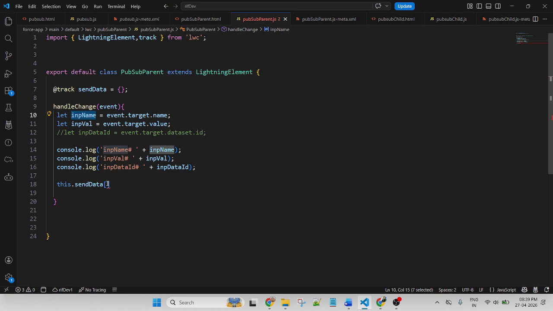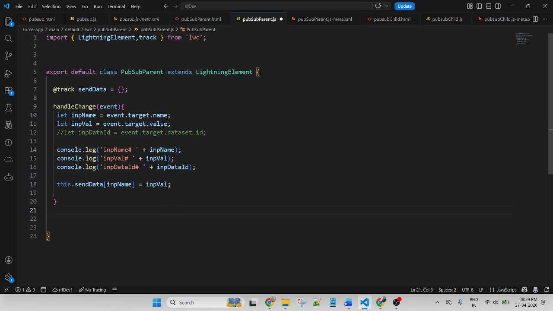Okay, sir. So this is name equal to, after that this is a value. I'm getting the value from this one. So based on this name, this is a key and this is a value.